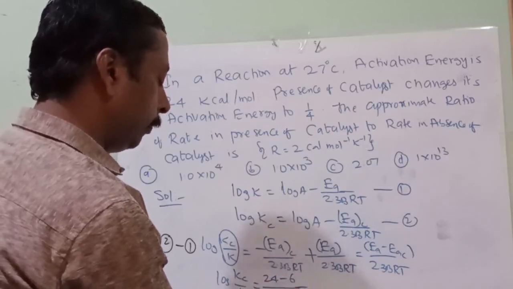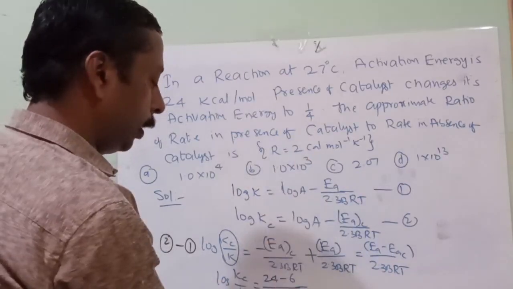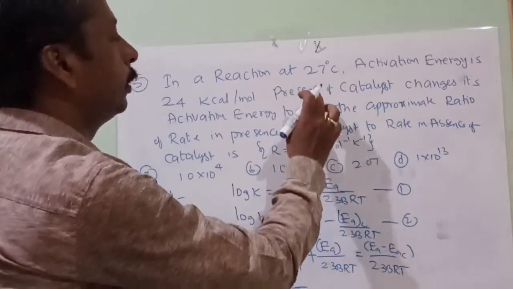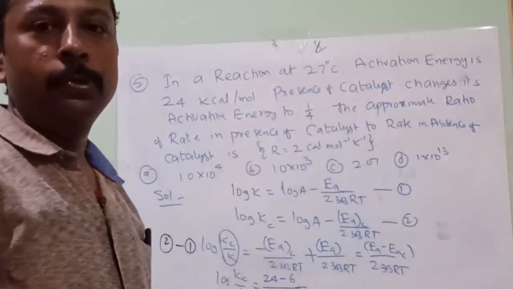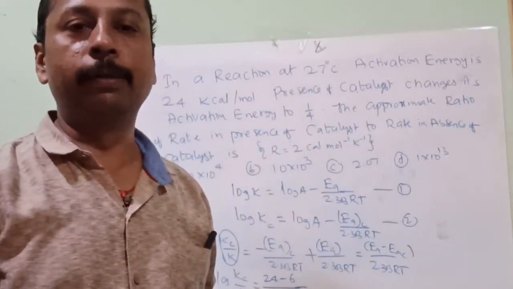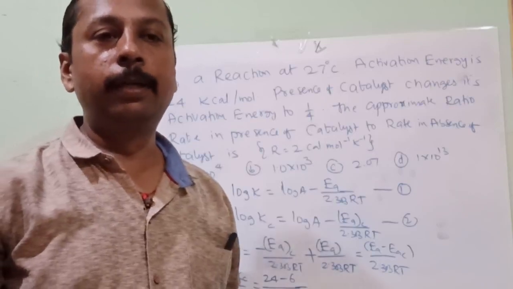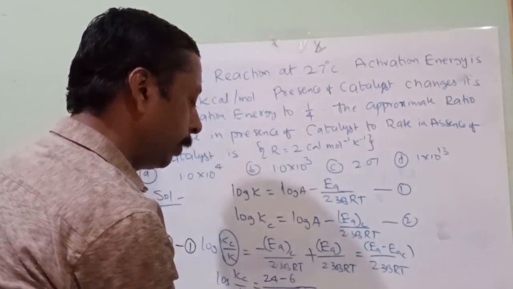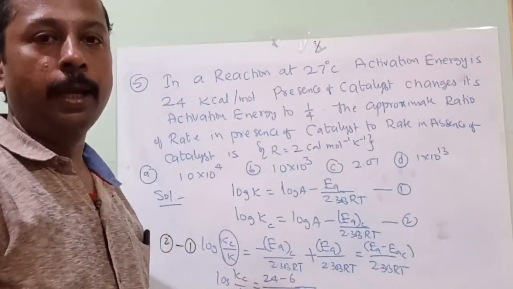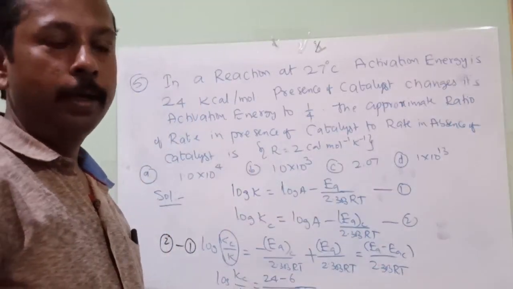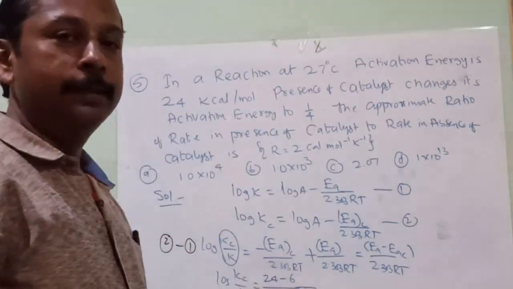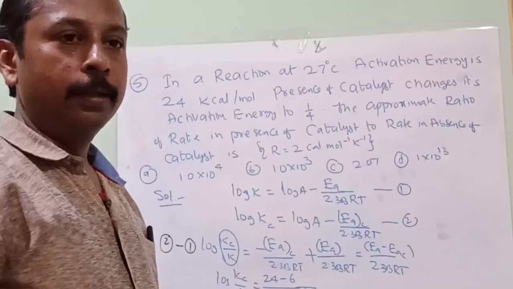What R value should we take? We should take it as 2. And temperature is 27 degrees Celsius, the best and most fancy number. Why? It is converted into Kelvin and you will get a nice number. What is the temperature? 300. Easy for calculation. You are lucky enough to get such a temperature. Understood? I hope in the examination also you will get that only.